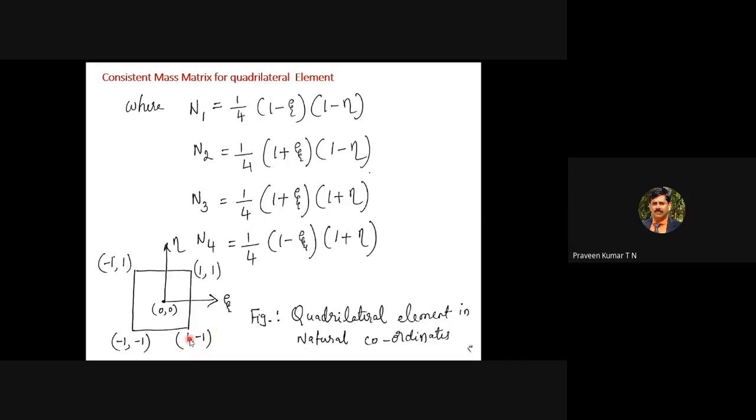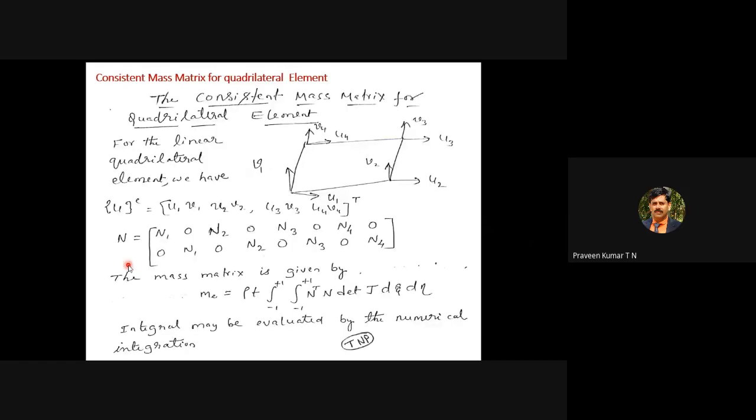Zeta is plus, xi is plus, zeta is minus. So here xi and zeta are both positive. Here xi is negative, here positive. This you can write. So just write the quadrilateral element in global coordinate, then write down the quadrilateral